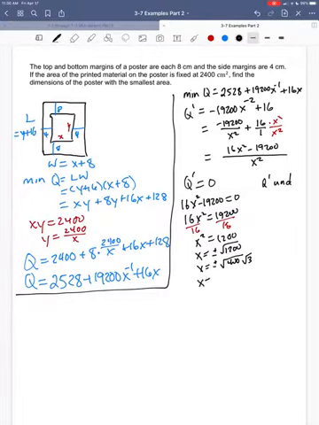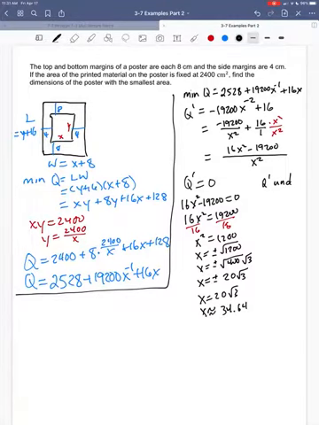So x would be plus or minus 20 times the square root of 3. But of course, x here is a physical dimension, so the negative answer doesn't really make any sense. So we'll just get 20 times the square root of 3,